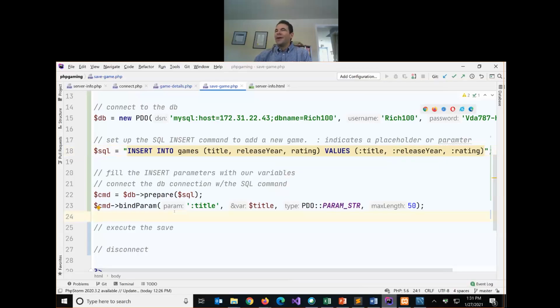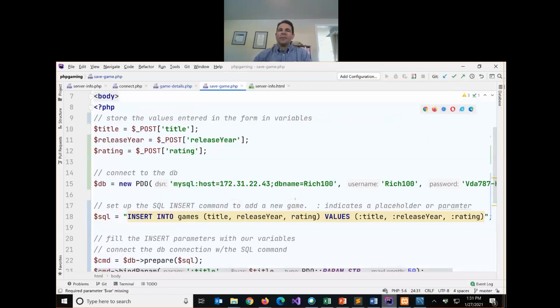I realize it's a fair bit of code. Unfortunately, we can't really do it in pieces. We have to kind of complete it in order to try it out. So I'm going to call bind param 2 more times. We want to bind the release year to our variable from line 11,